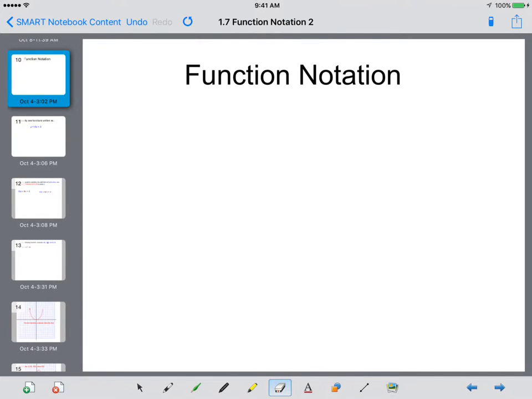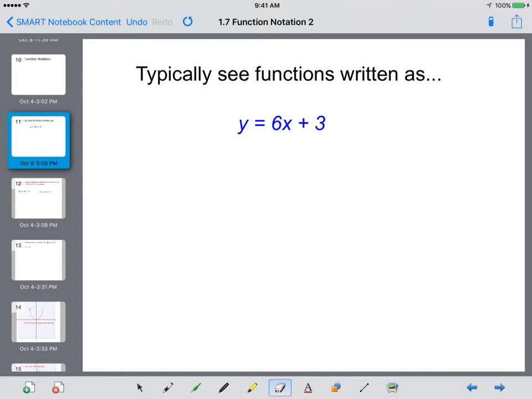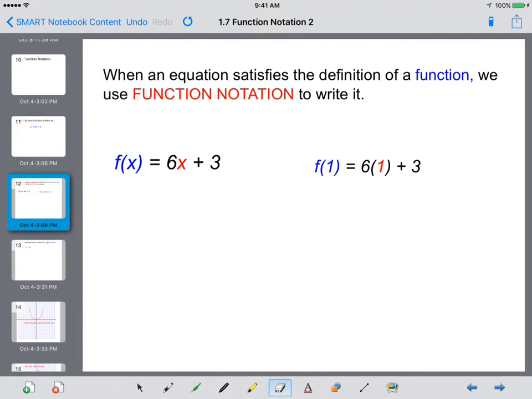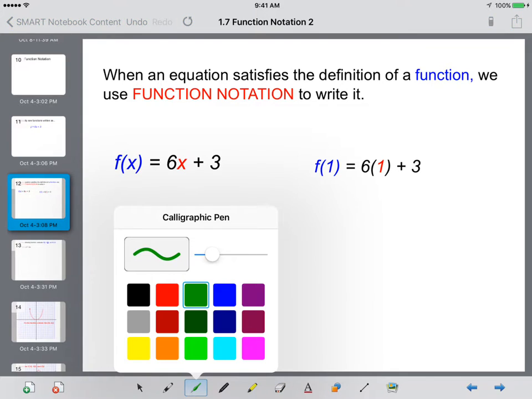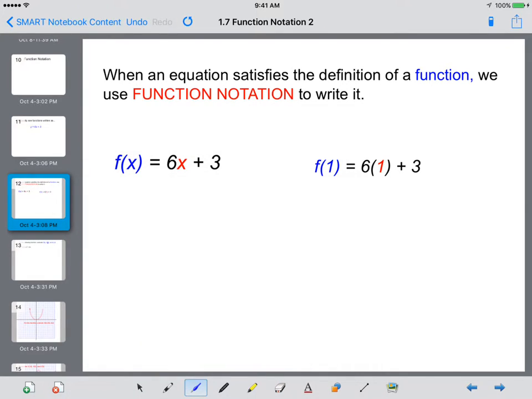Welcome to this lesson on function notation. Typically we see functions written as y equals 6x plus 3. When an equation satisfies the definition of a function, we use function notation to write it. This is read as f of x equals 6x plus 3. We're going to start using this terminology, these functions, because as you go later in your